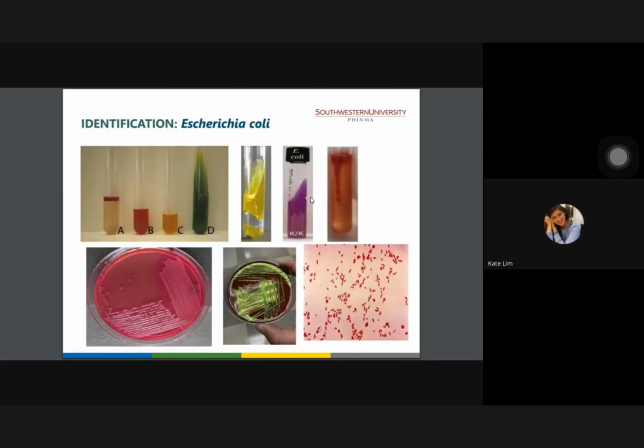How about your LIA? Is the LIA correct, class? So among all of the biochemical tests presented to you, only LIA right here is actually wrong. So remember your E. coli is a glucose fermenter. So supposedly yellow, but in LIA it is purple. And then the slant right here, if you could remember, your E. coli is deaminase negative. So your slant is correct. So it's purple. But then again, in your bot, the bot should be yellow. Okay? So that is your Escherichia coli.